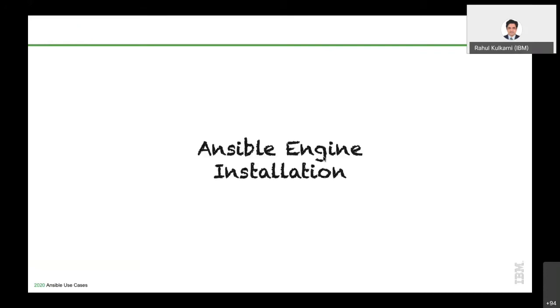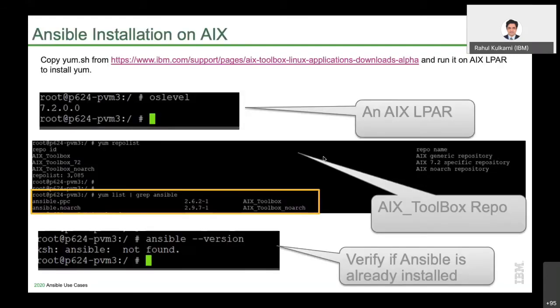So let us start with Ansible engine installation, first on AIX. If the AIX system is connected to the internet, then Ansible engine installation on AIX is straightforward. We can do the Ansible installation using yum. We just run yum install ansible, and that will install Ansible. For that, first we need to have yum available on AIX. So for installing yum,